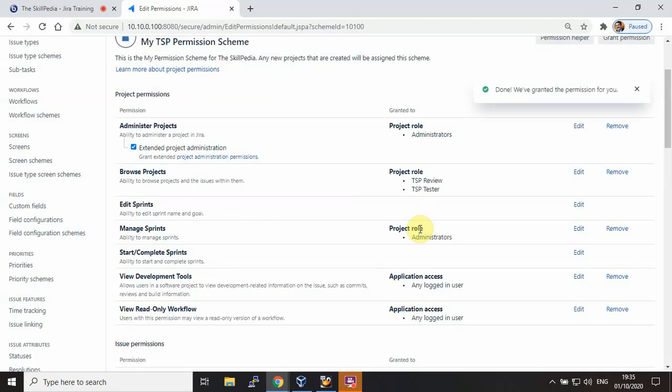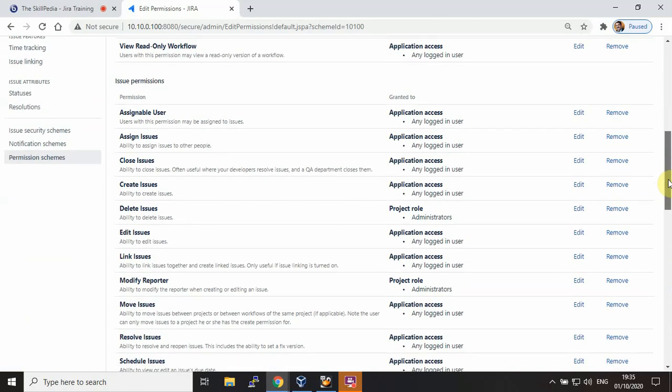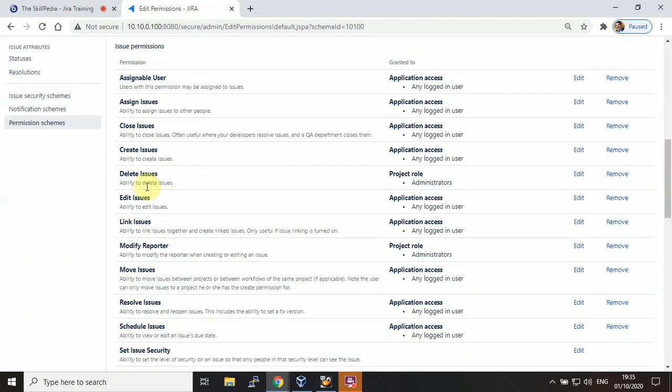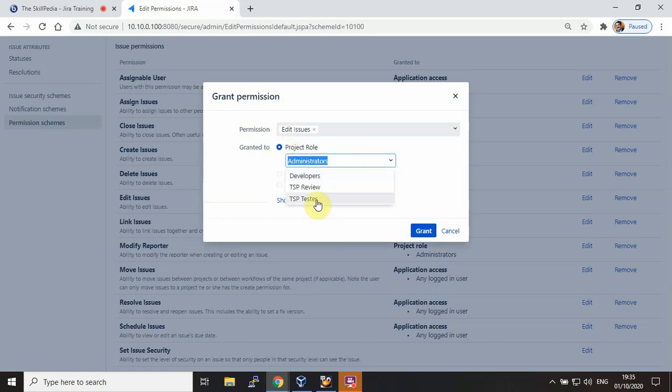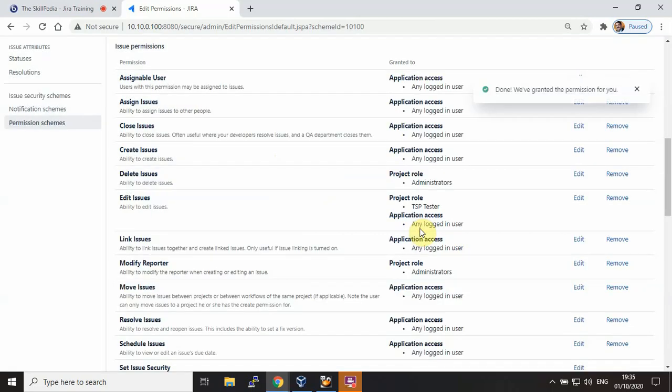Let's understand once more. Let's look at another example. Here itself we have other permissions also. Let's say edit issues. This edit issue, any logged in user should be able to write. Application access, let's edit it. This role I want to assign to the project role which I created, which is TSP tester, and I can grant it.